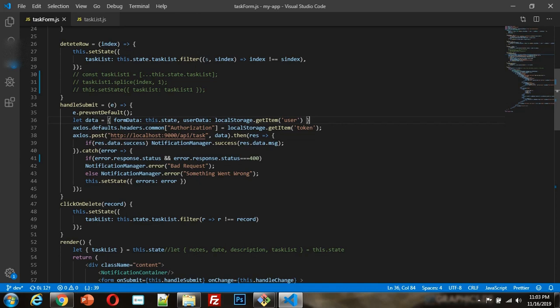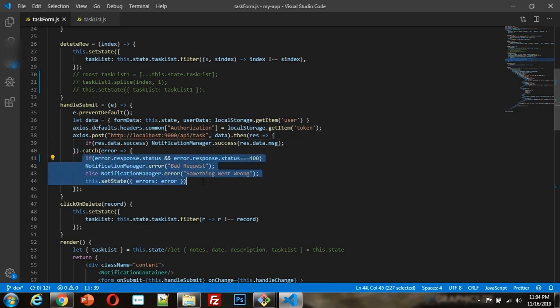I make another data object and pass it as a parameter. Axios is a very famous library for handling all of these things. So I call the API and save the data, and after getting a success message, the then block will be executed, otherwise the catch block will be executed.